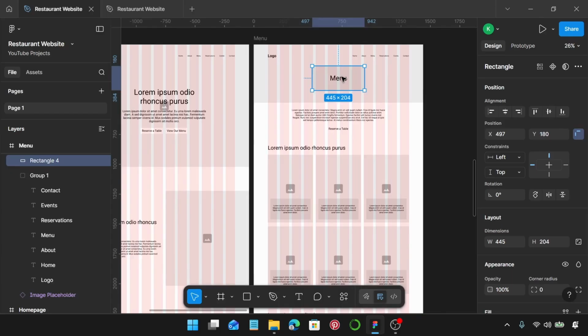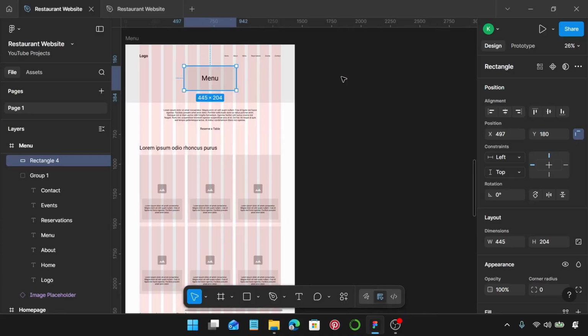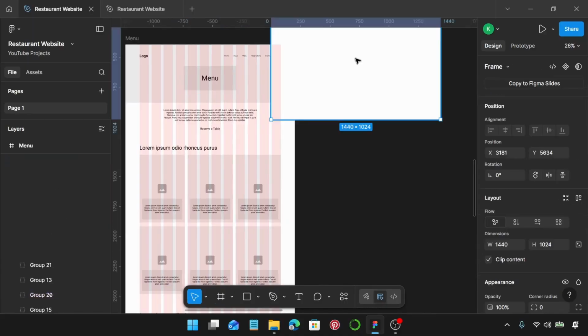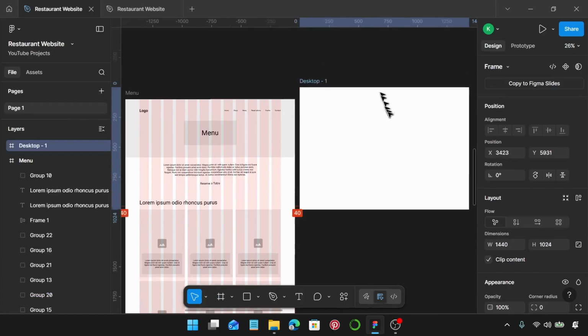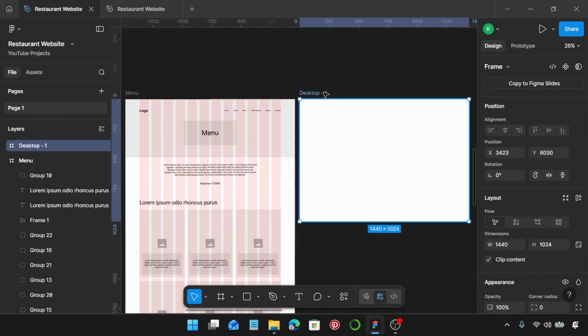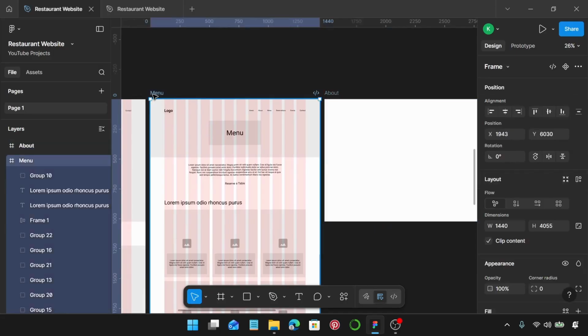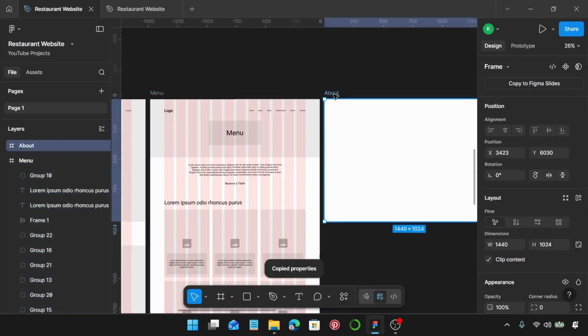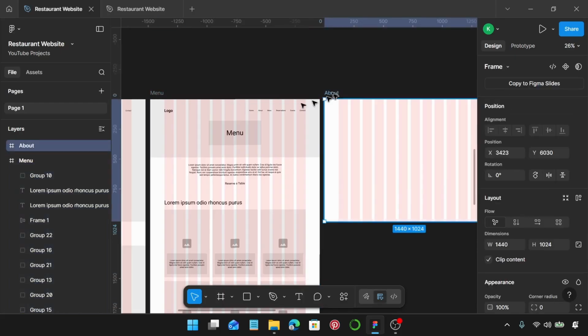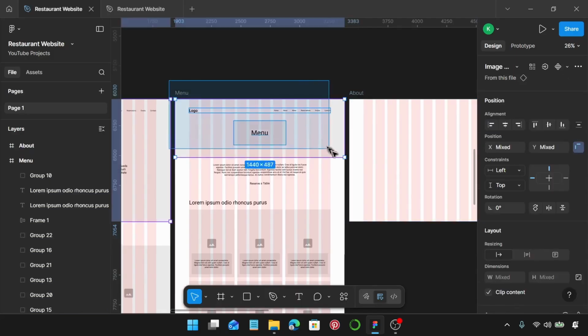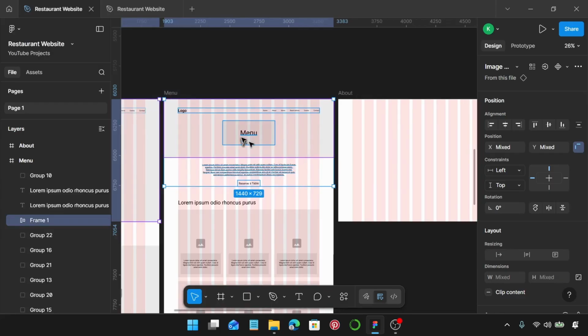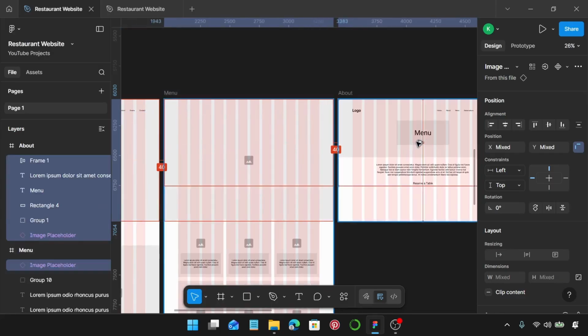Next up is the about page. So let's move over here. Once again, create a frame. I'm just going to insert, and it's going to use the last frame I used, and this one is going to be about. And once again, come over to this frame, Control Alt C and Control Alt V, and I'm going to paste it. So for this, what I'm going to do is select this entire top section and just drag it